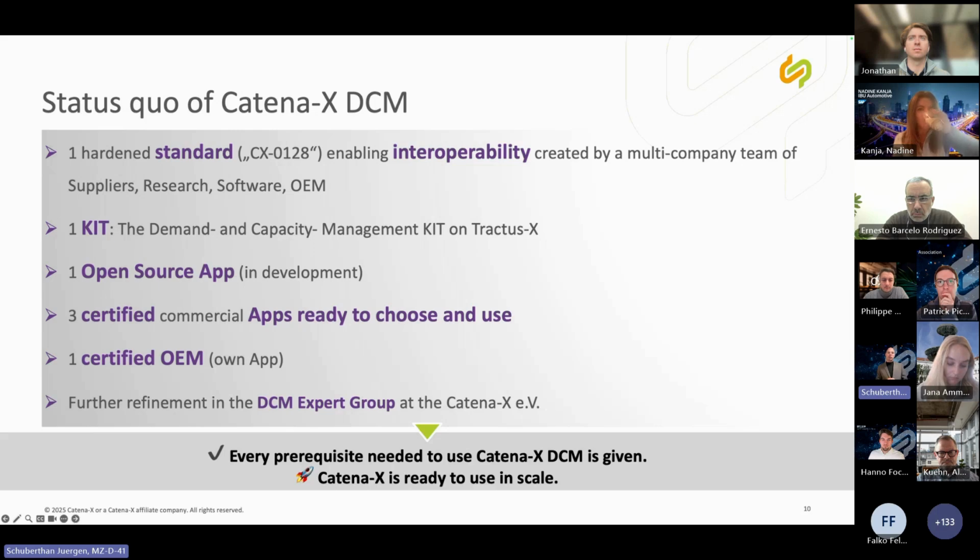We have it given. We are ready to go into business between suppliers and customers and the other way around, and have Catena-X ready to scale with that use case. At the end,